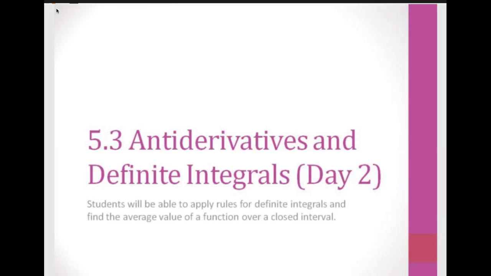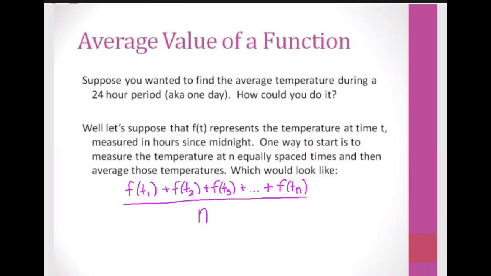So just like we have a mean value theorem for derivatives, and we have our average value, which is like our slope of the secant, these same properties and same areas come into play with antiderivatives. So what we're going to do today is talk about an average value of a function as well as the mean value of a function with definite integrals. So the average value